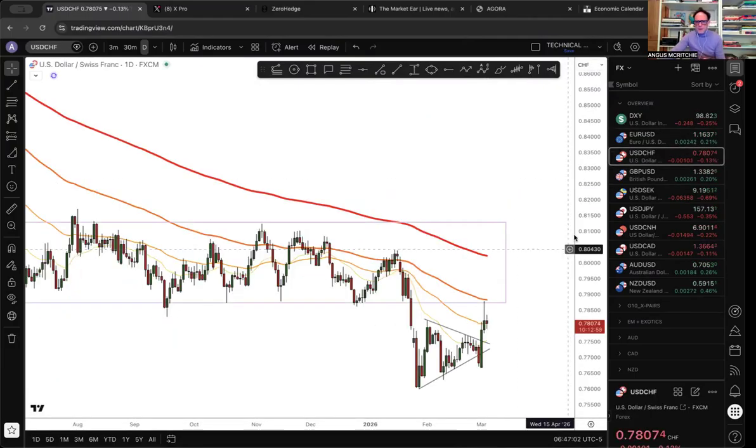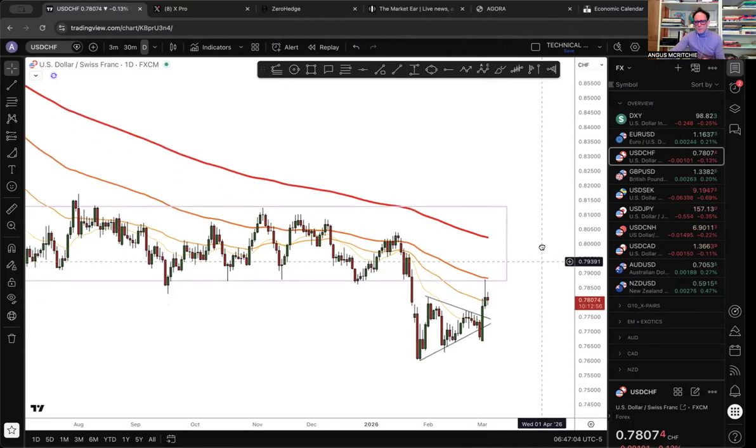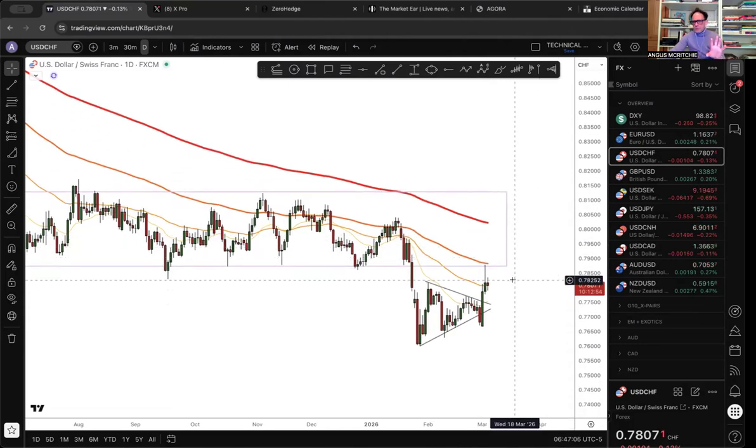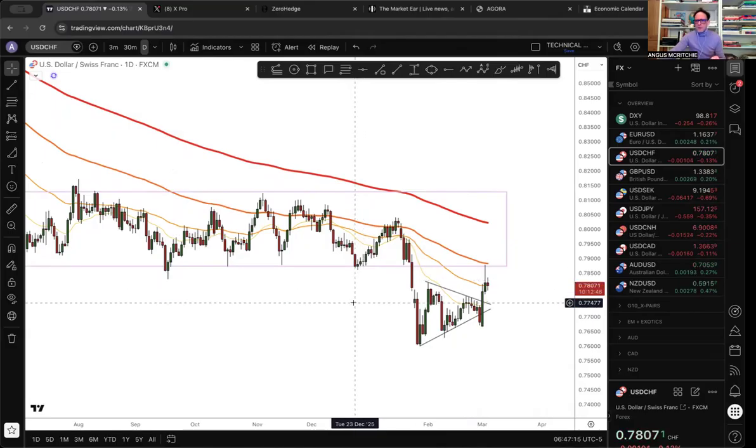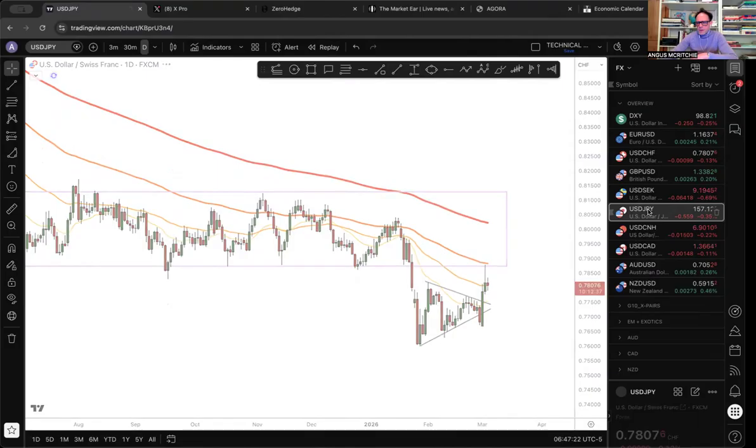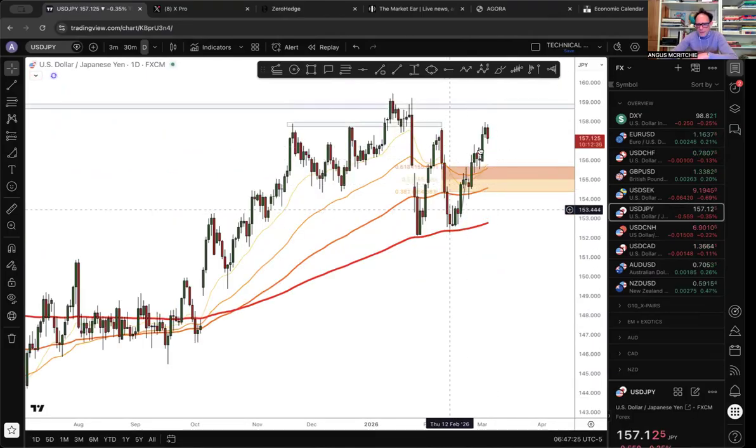The Swiss franc has weakened a little bit, but a lot of that was also because the Swiss franc was so strong that we actually have been seeing some intervention talk by the Swiss National Bank. Both the governor and the deputy governor are saying, "Hey, we may have to intervene if the Swiss franc gets too strong." So that's a separate case. But overall, the US dollar has been very strong. You see against the Japanese yen, it's ripped higher again overnight. We've seen a little bit of calming.